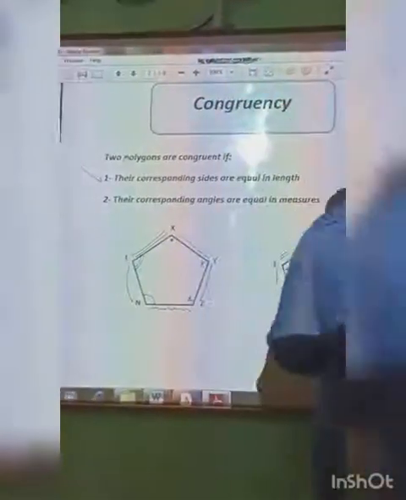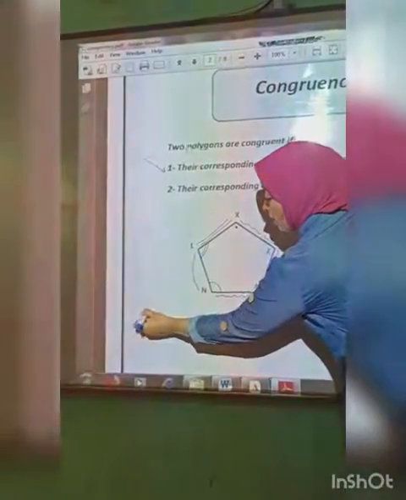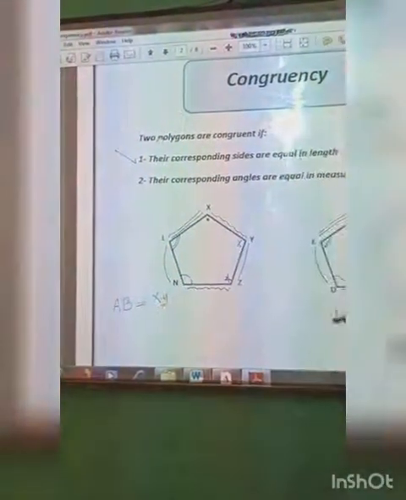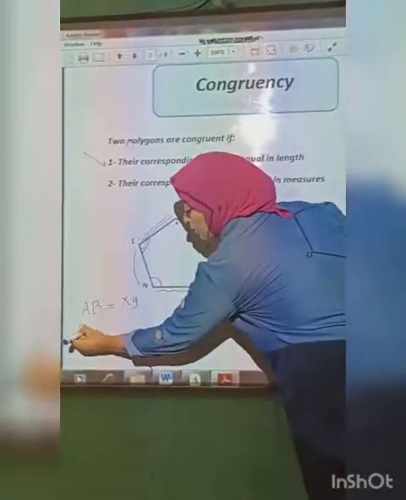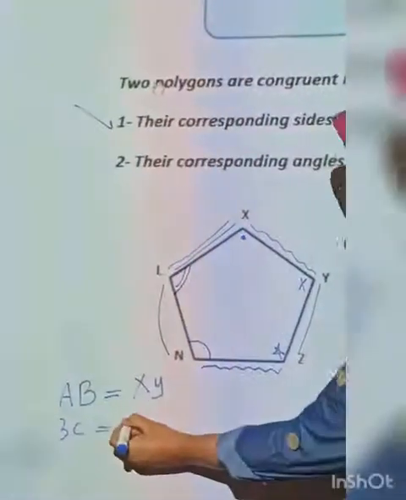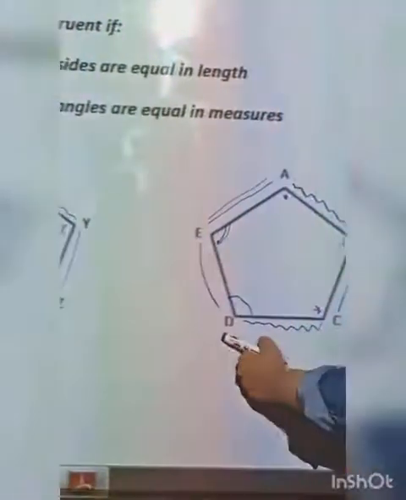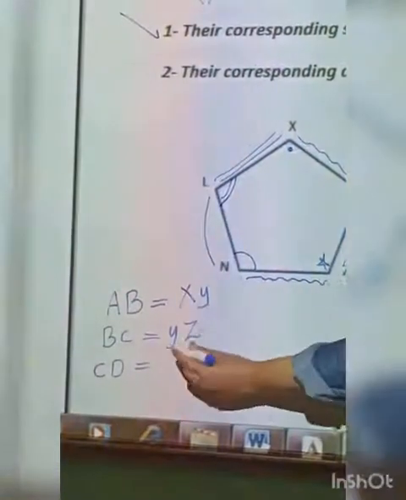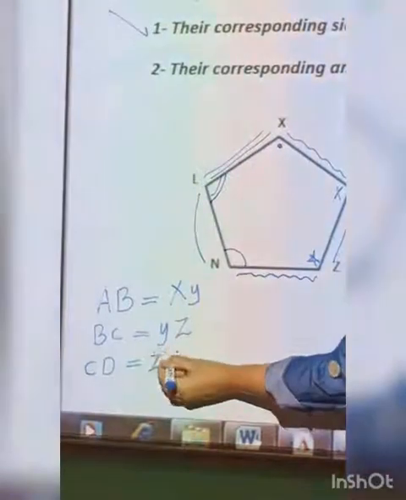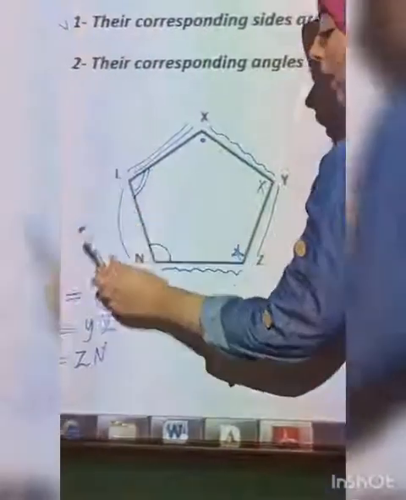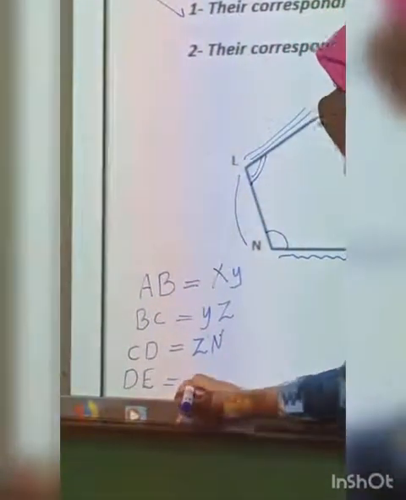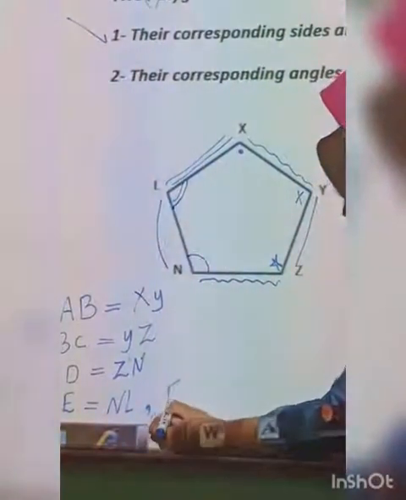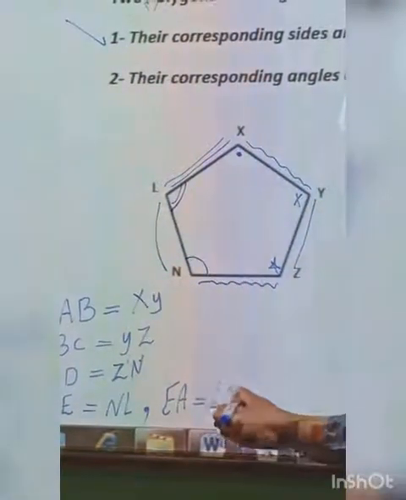So I can write this step as, if I have AB equal to XY, and BC equal to YZ, and CD equal to ZN, and DE equal to NL, and finally EA equal to LX, and